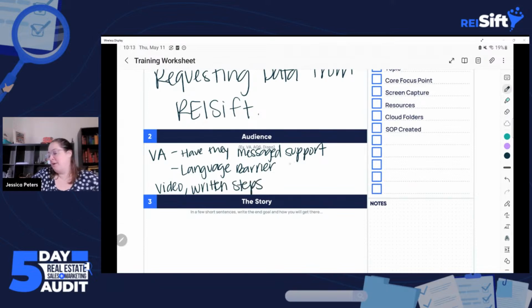Things you might want to look out for are phrases like "it's raining cats and dogs." We wouldn't use that in an SOP, but look for any phrases that may not make sense if you're not a native English speaker. And then also to have videos and written steps and pictures if possible as time develops.